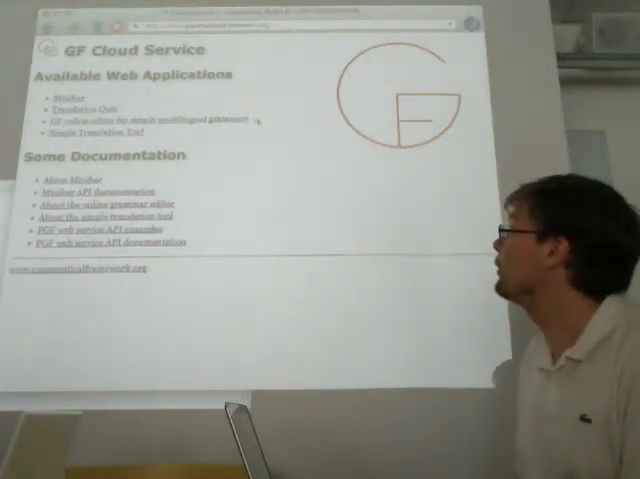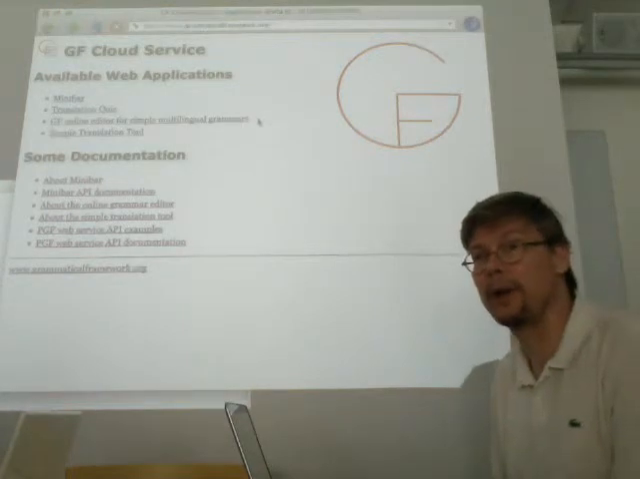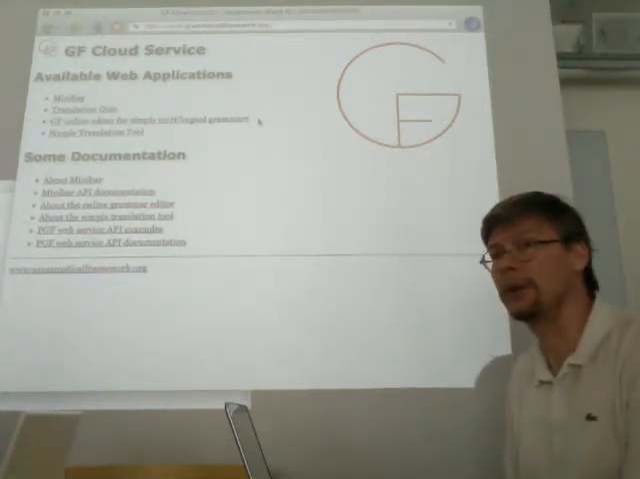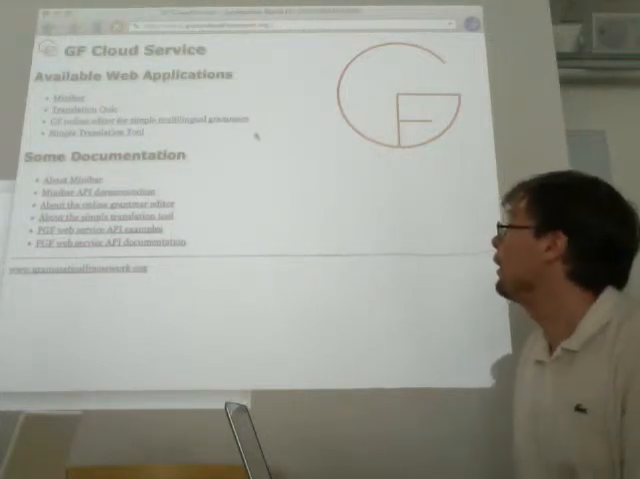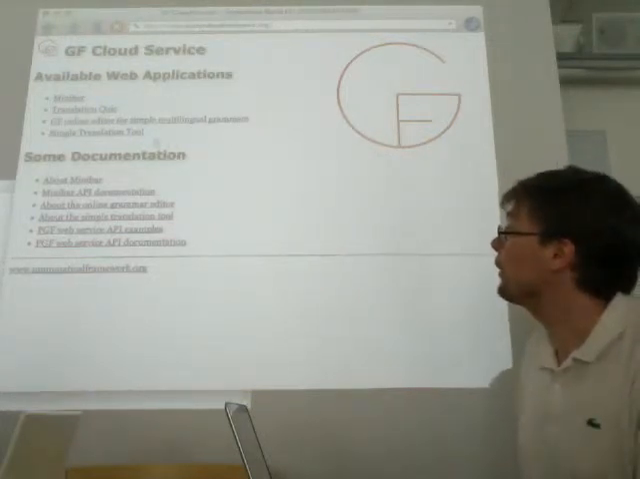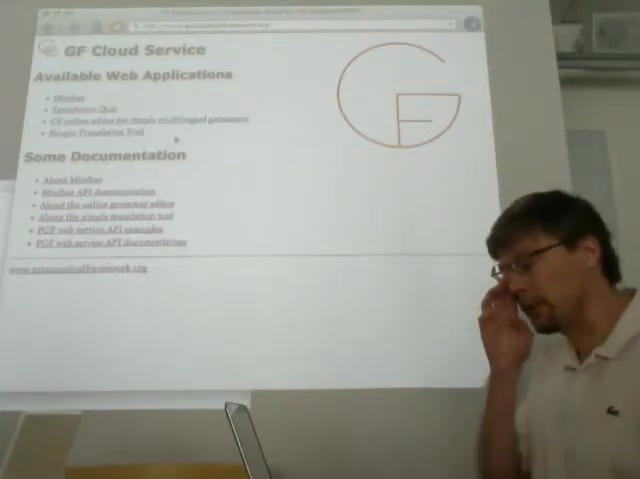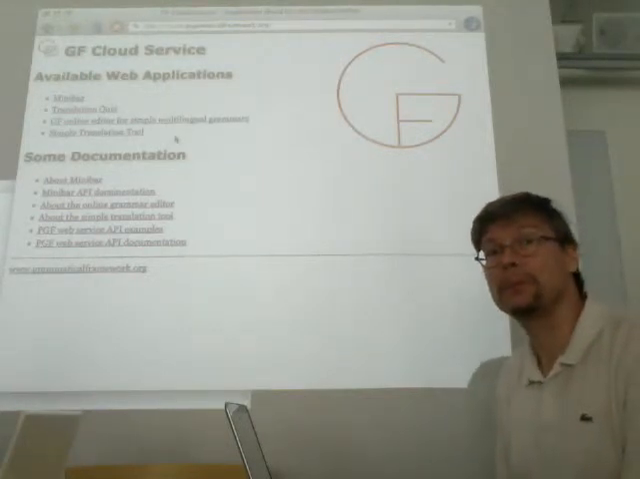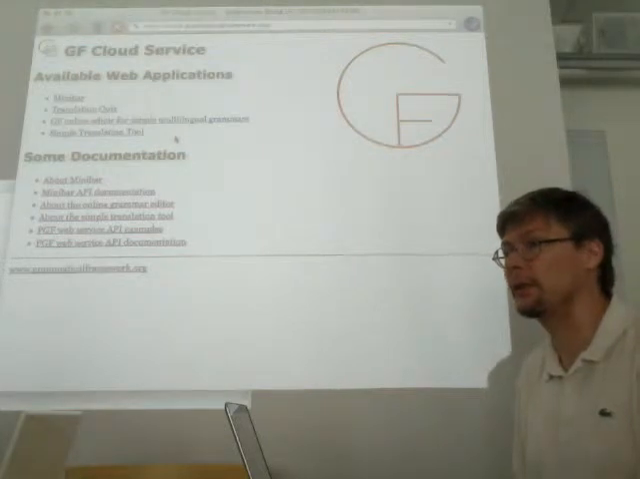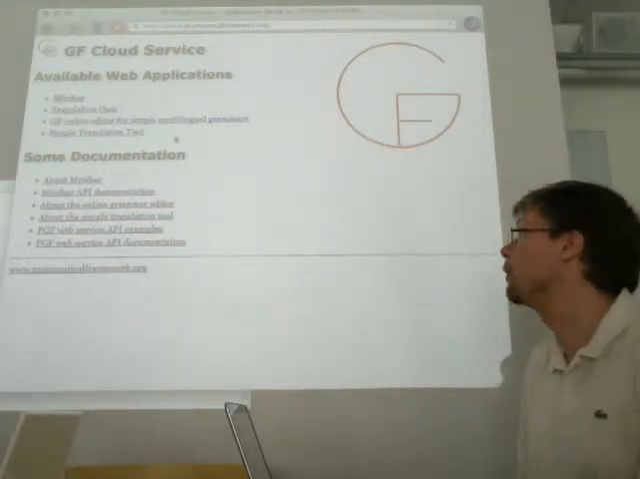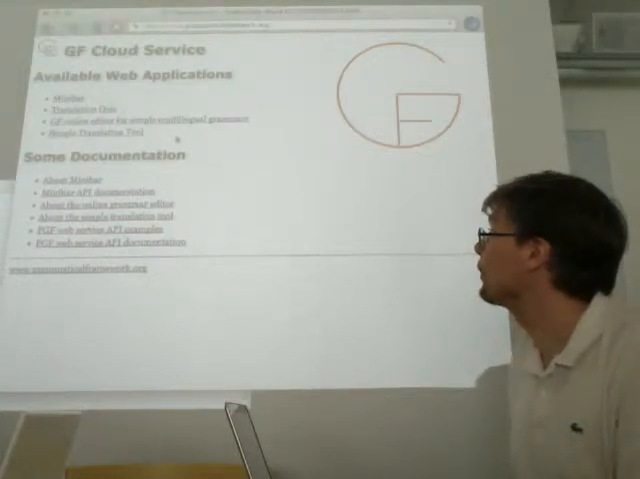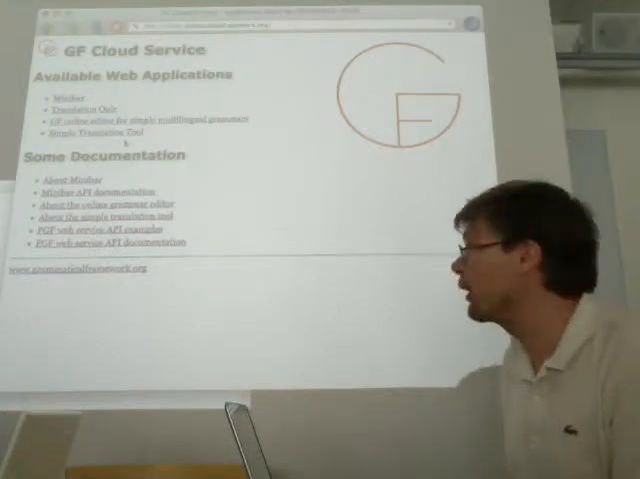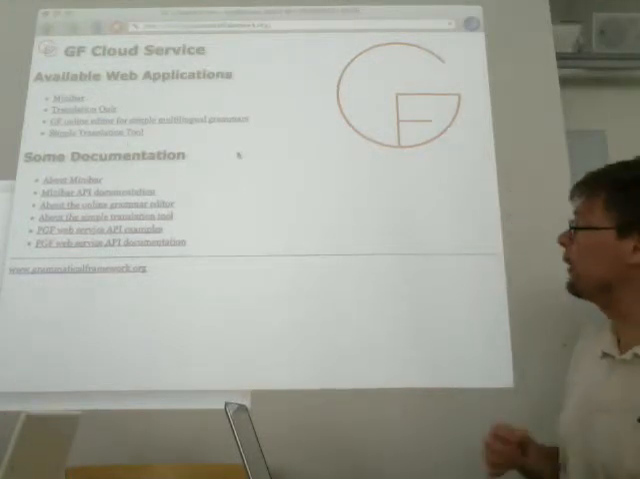So this is not a full-blown development environment like what you get in Eclipse with the GF Eclipse plugin that John showed yesterday. And then the most recent thing is this translation tool, which lets you create bilingual documents by entering a text in a source language and have it translated to a target language with some translation tools. So maybe I'll show that first. Well, I should say also that